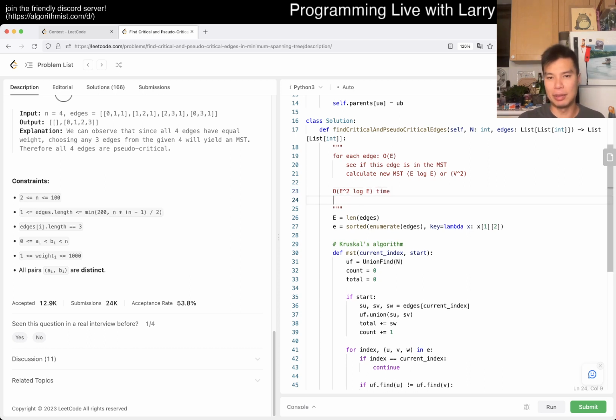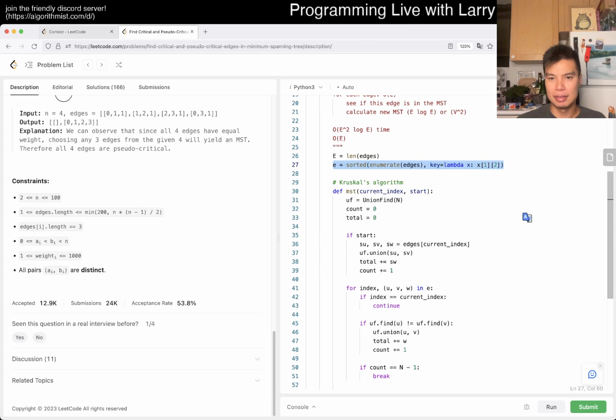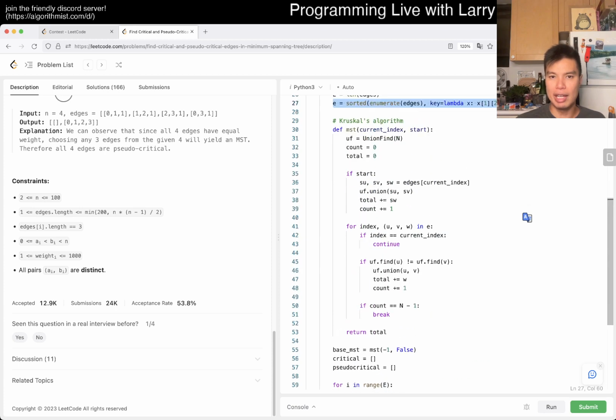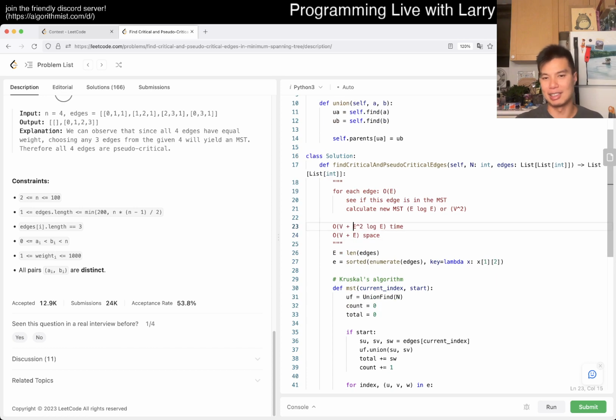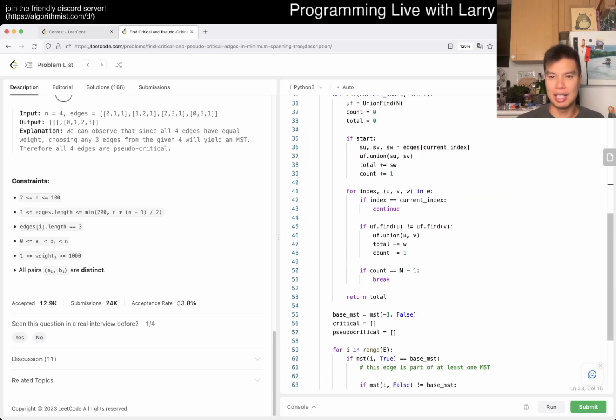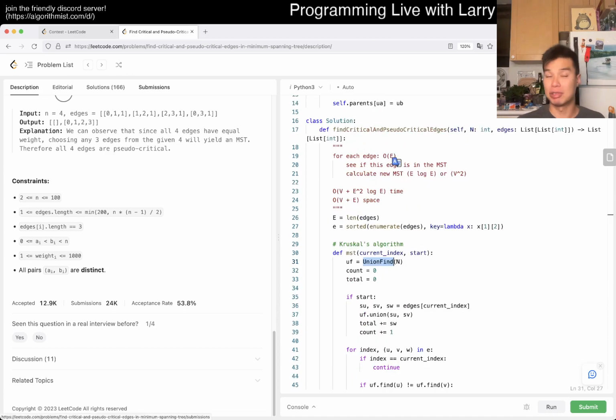Of course, space is going to be O of ye for a copy of the sorted array, and a lot of union find stuff, which is linear on n. So this is actually V plus E, or N plus E, or whatever, space at least. I guess technically, if you want to be precise, that's the time too. I mean, this is all of V no matter what, because you have to at least spend the time to allocate the space, right? But